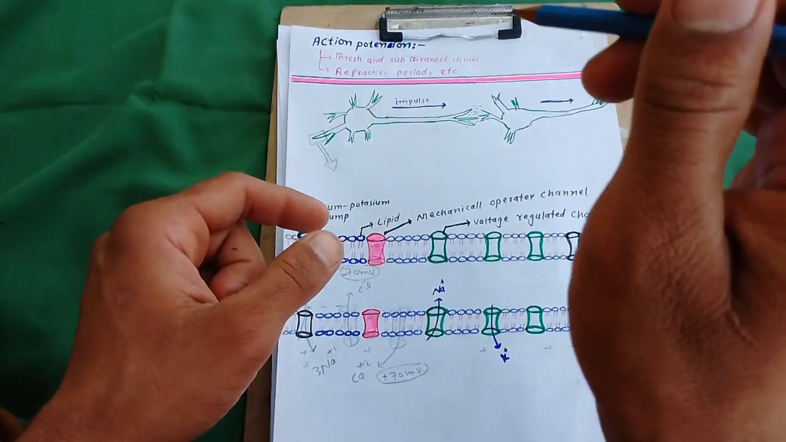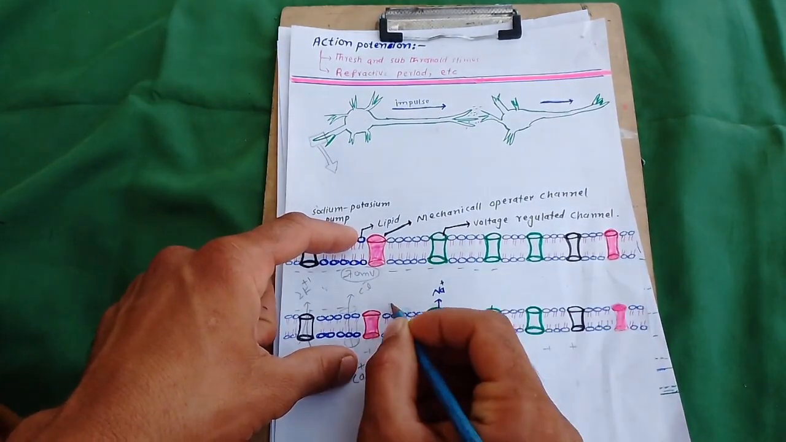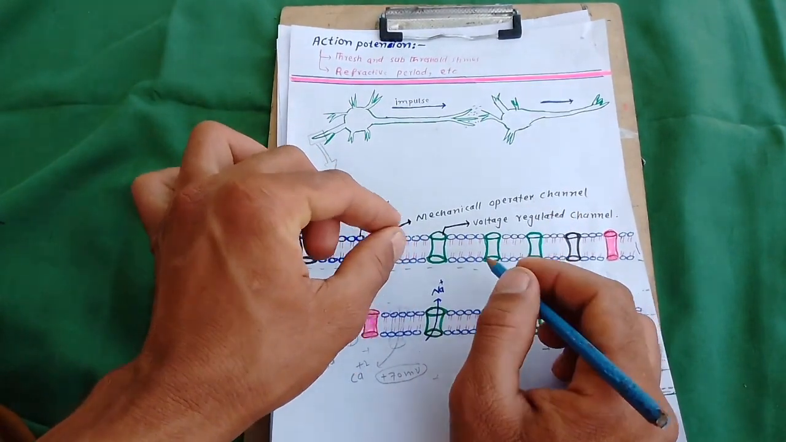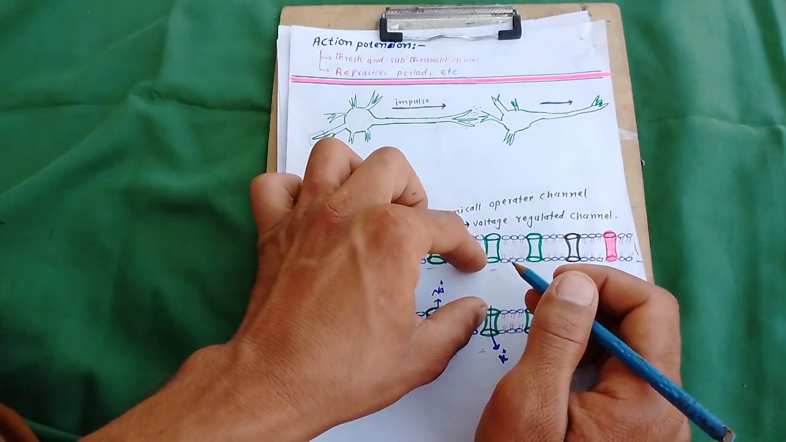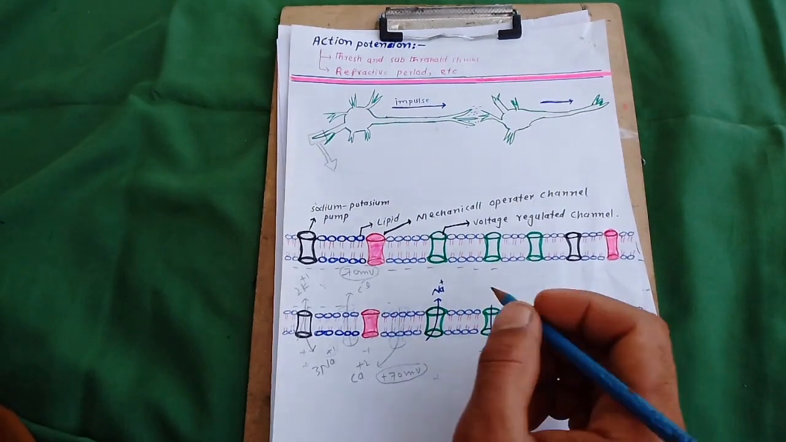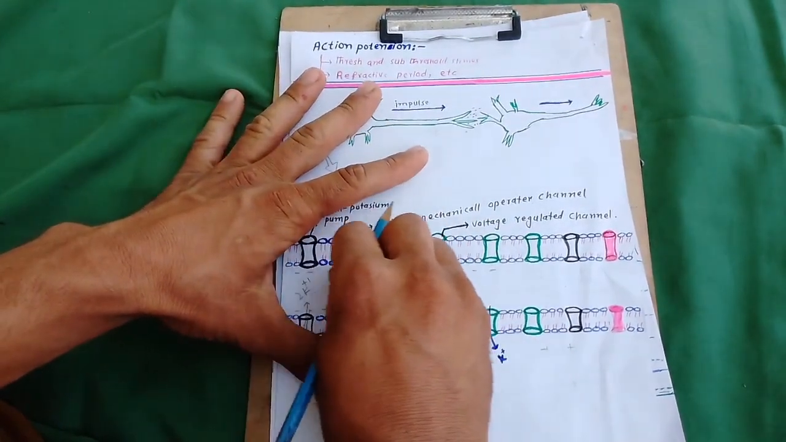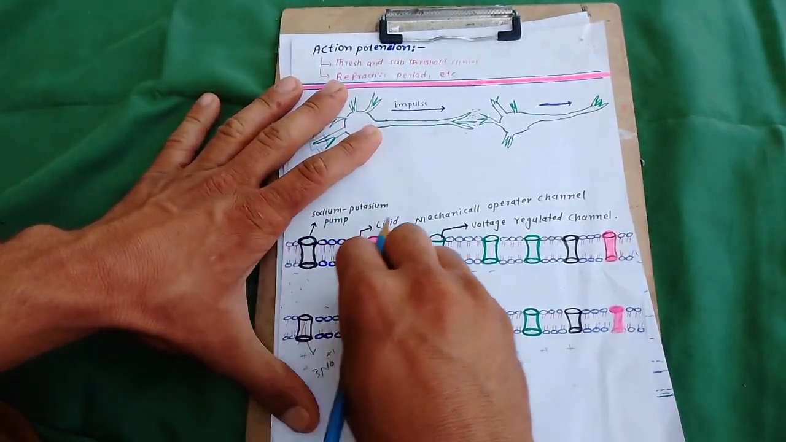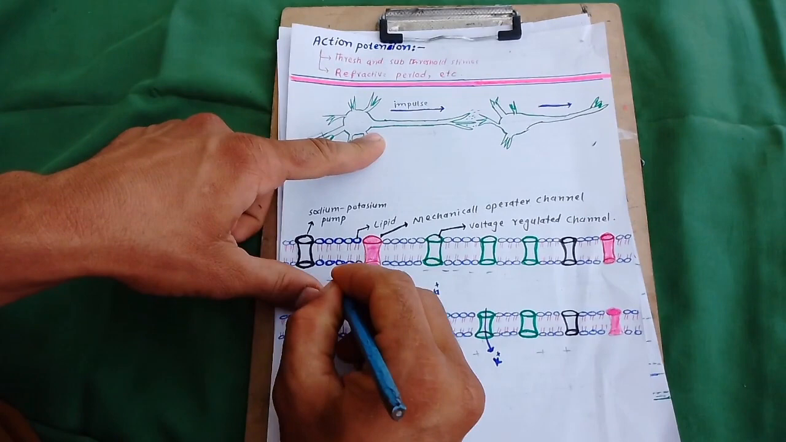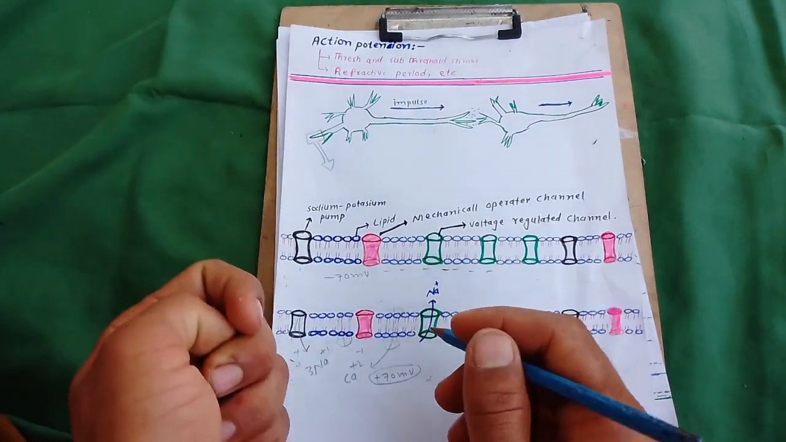When I touch this area with an adequate stimulus, then as you know, this is the more negative area and this is the more positive area. There is a large number of potassium inside, as you know the cell is a bag of potassium, and a large number of sodium outside. Okay, so here the potential is minus 70 millivolt. When I touch this area, then a large number of sodium